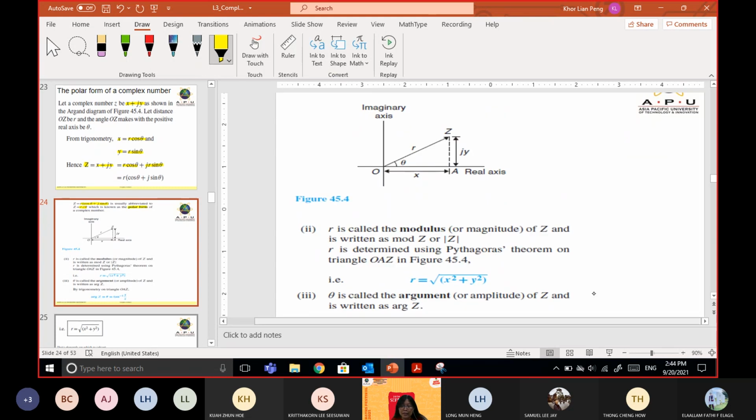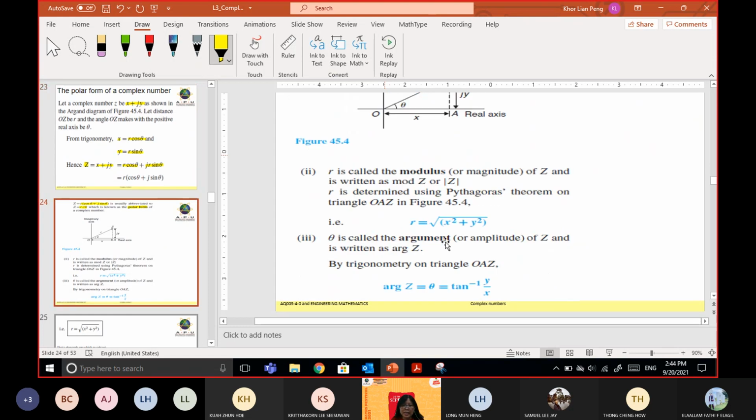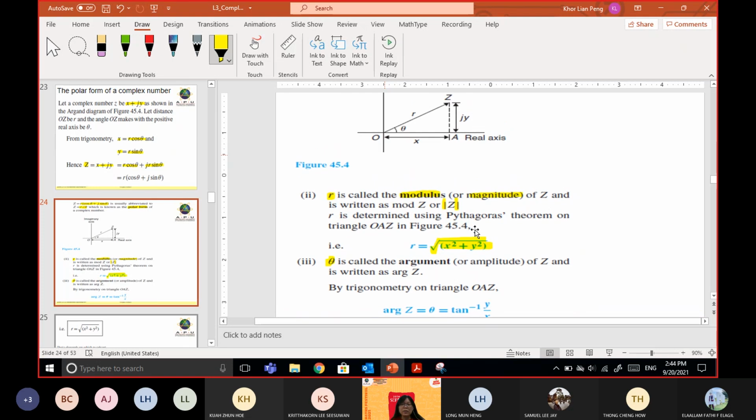Okay, then next, the r in the polar form is actually referring to the modulus. We call it the modulus, or we say magnitude. This is the symbol for the modulus of the complex number, which we calculate as the square root of x squared plus y squared. And then the angle reflects which quadrant the complex number is in, and it's also determined by the positive and negative signs of the x and y values, which are the real part and the imaginary part.